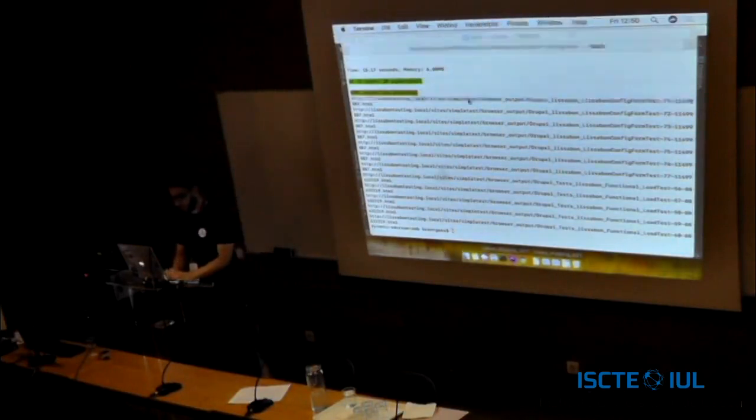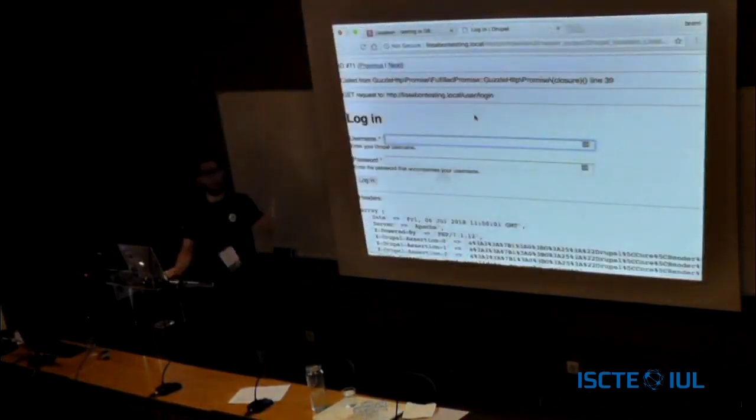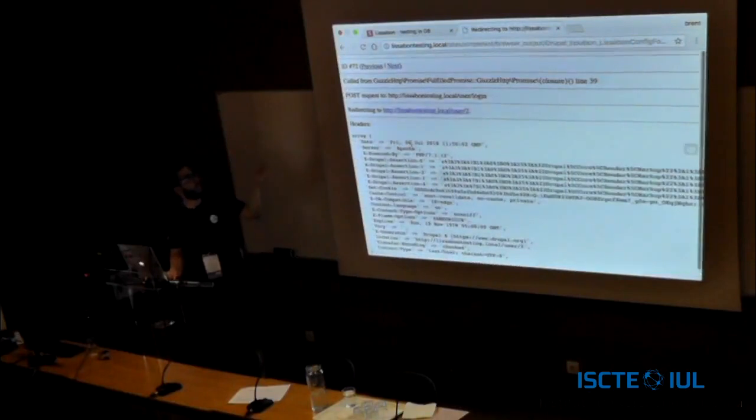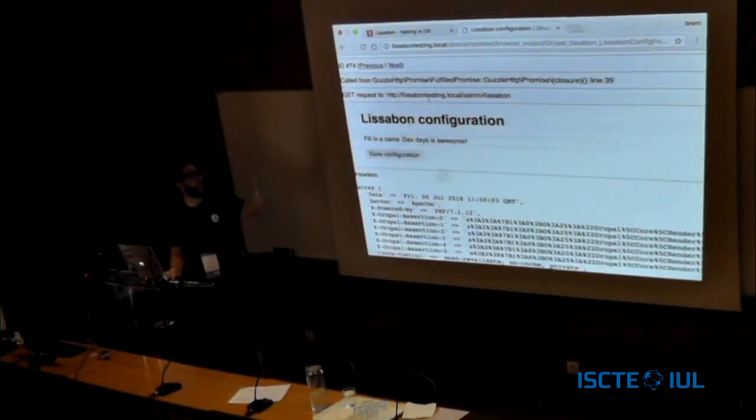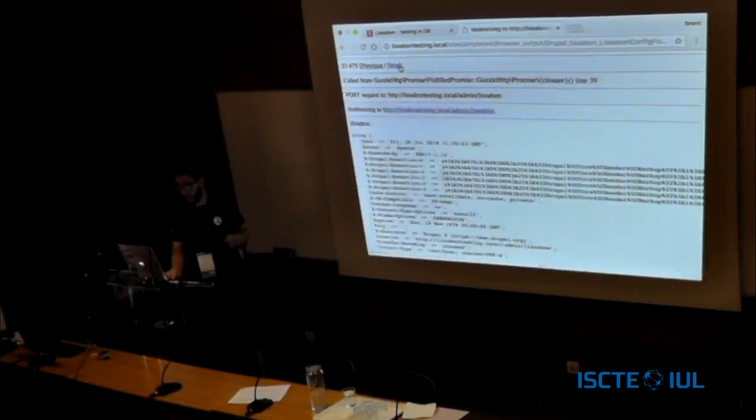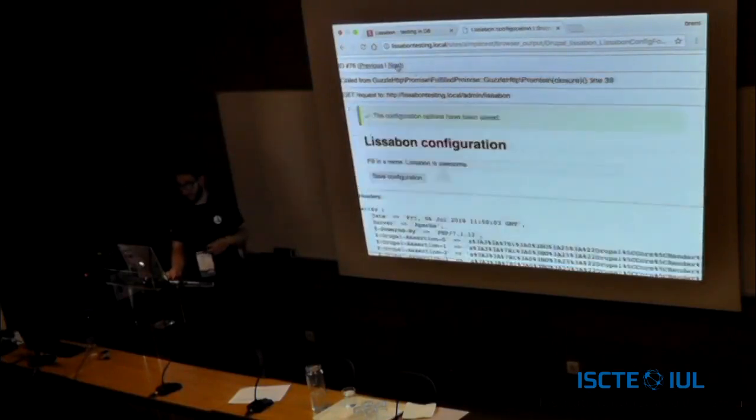I'll just show. At first we did Drupal login, so it goes to the login page. Then the login succeeded. Go to the user page, then go to the configuration page. As you can see, the first one was dev days is awesome. That was the default form. Then try to change it to Lisbon is awesome. And how I found the